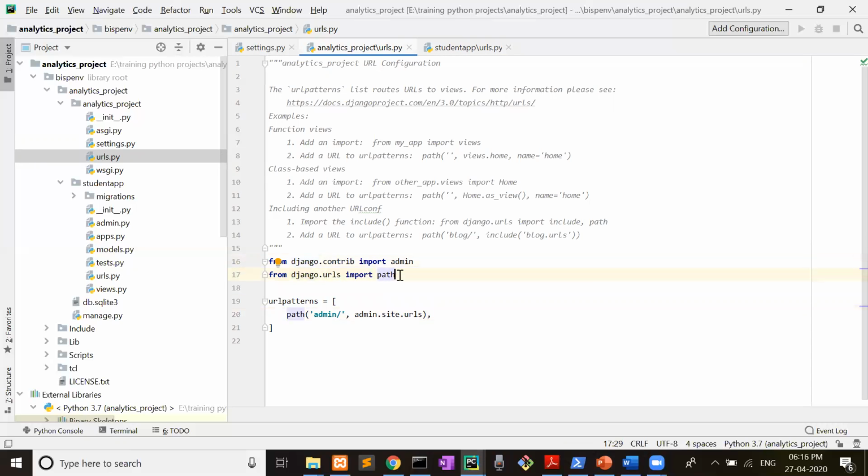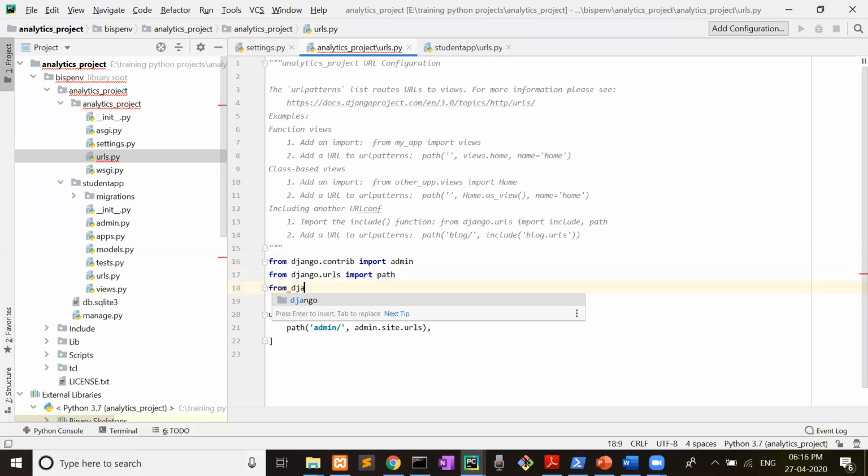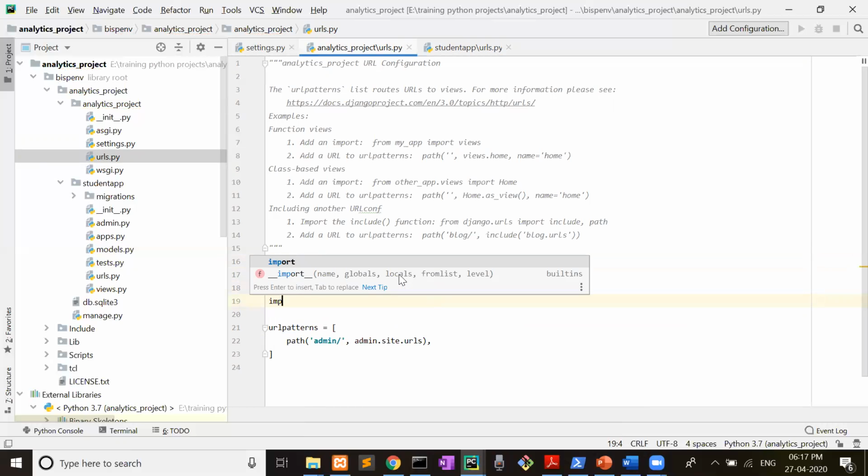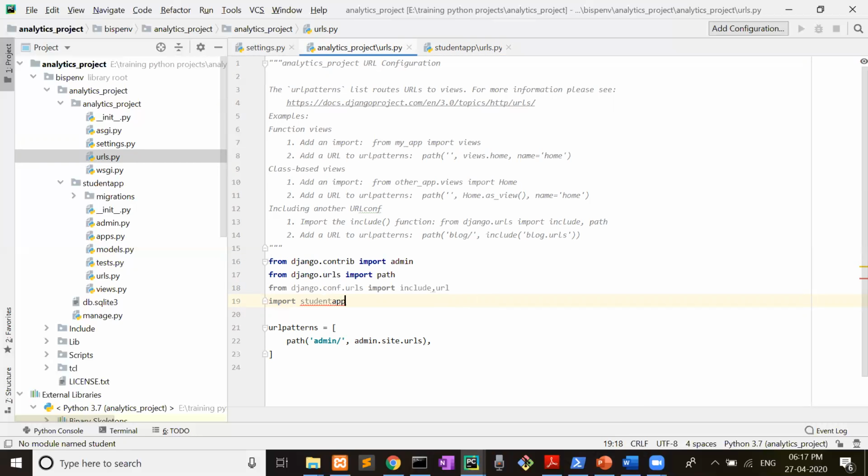from django.urls import path. Now from django.conf.urls import include, url. Import student app, right?